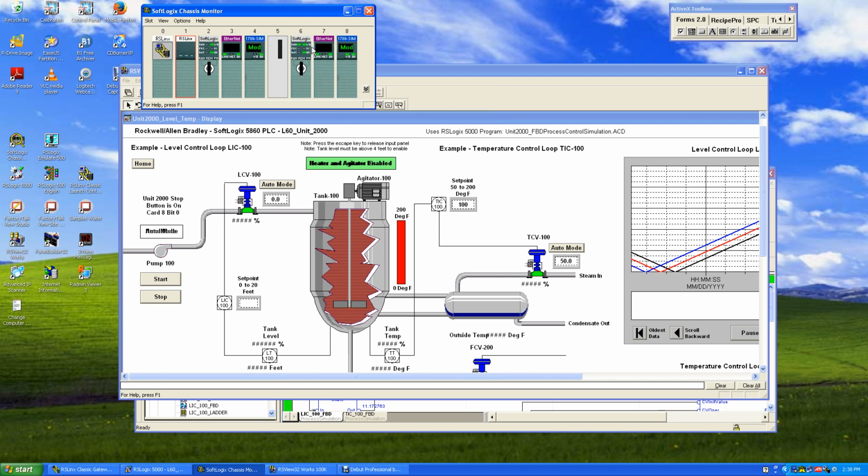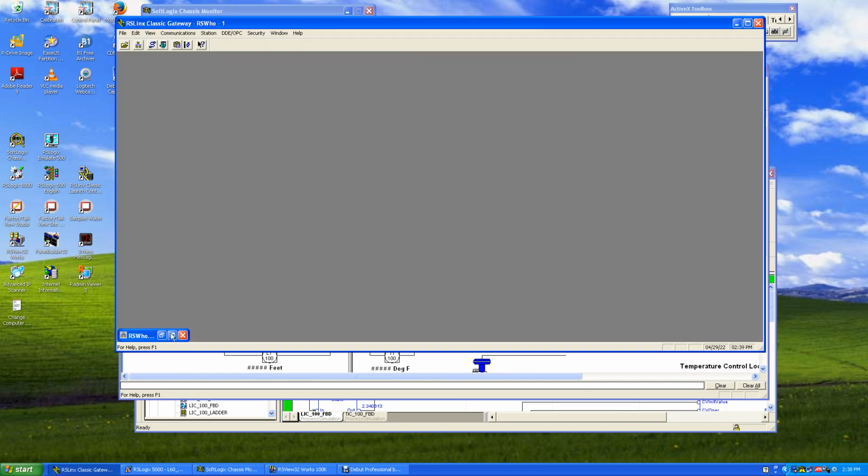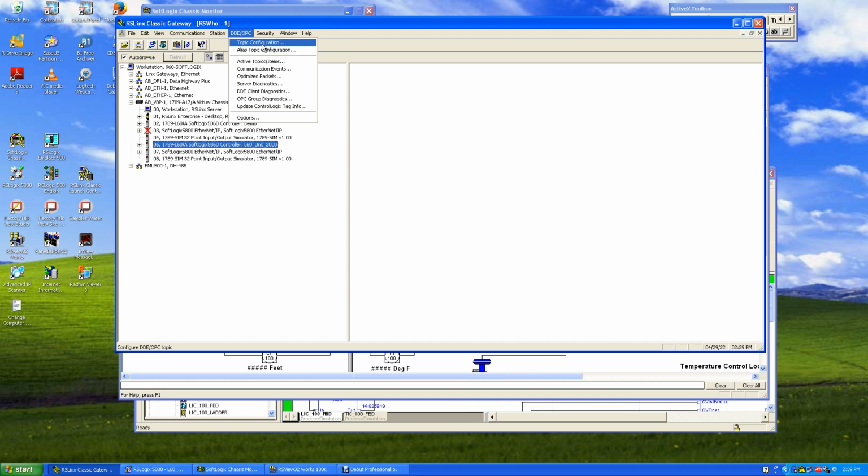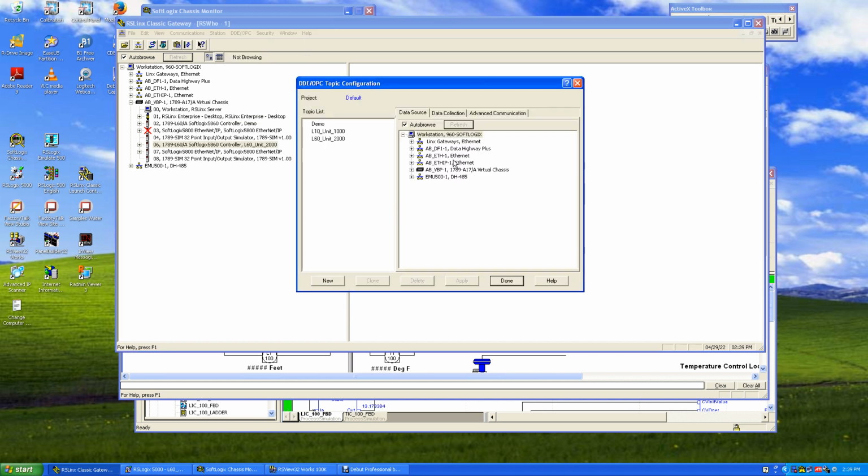So I'm not using the Ethernet. I'm just using the virtual desktop. Here we have a SoftLogix processor I'm using, in slot 6. I'll remove this, it's just not working right. I'm not using this right now. Right now I'm just using the SoftLogix processor, and the topic for the OPC is set to Unit 2000 L60,